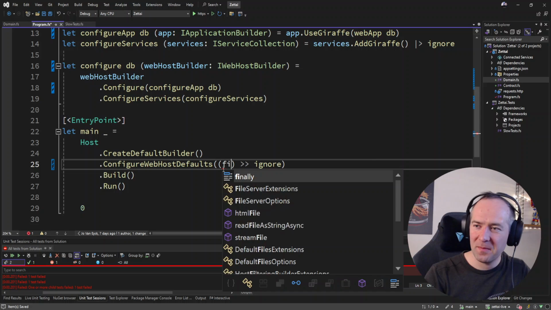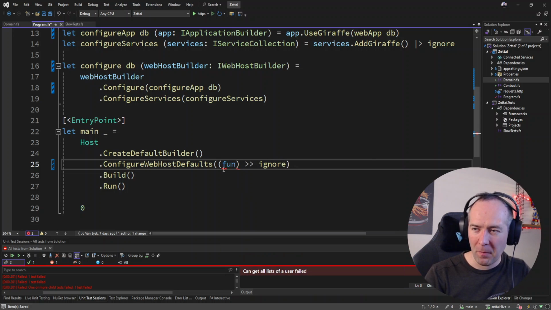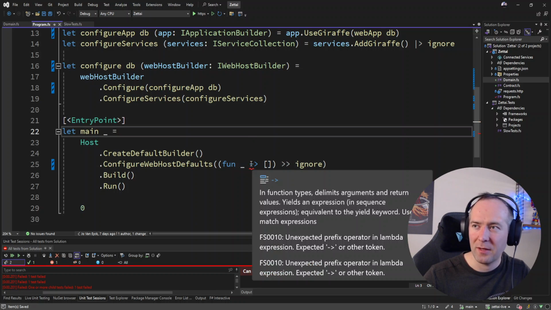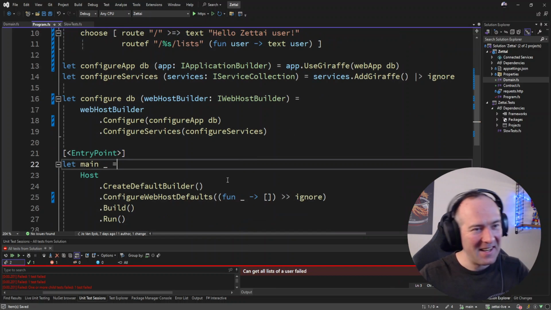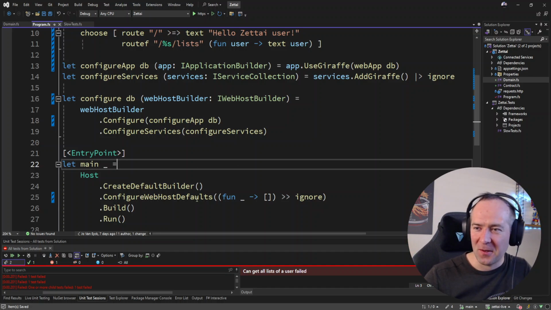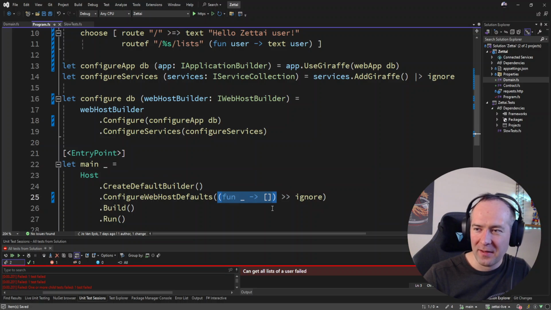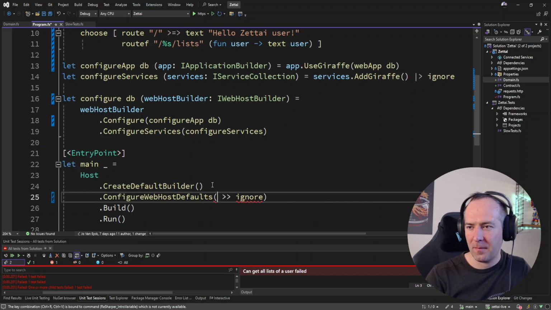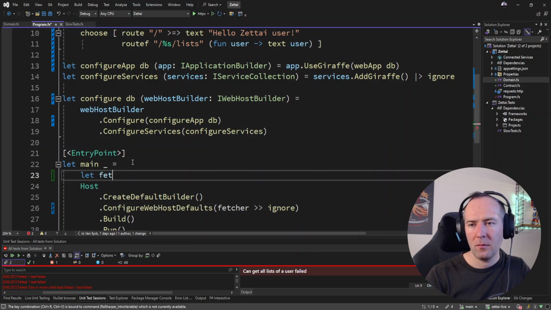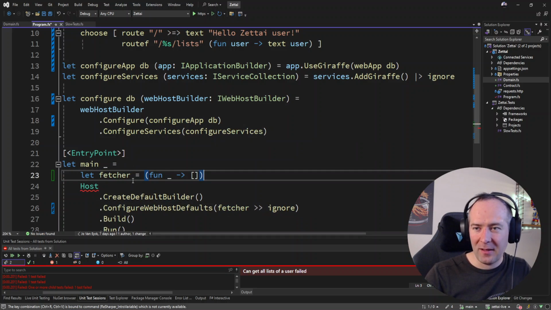So it needs a function, not a fin, but a fun, that takes a username and returns the list of to-do lists for this user. Is this not how you declare a function in F#? Okay, it is. I'm starting to doubt everything I'm doing here. Okay, so this is actually our list fetcher. So let's maybe extract that. Extracting by hand because